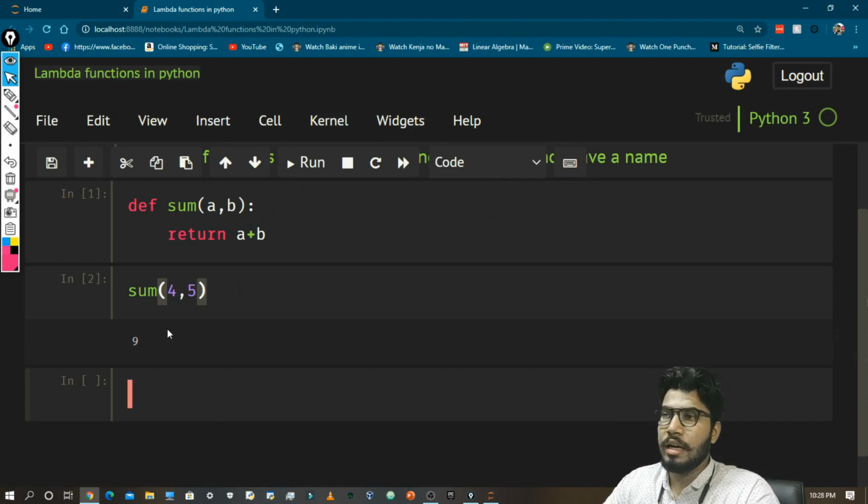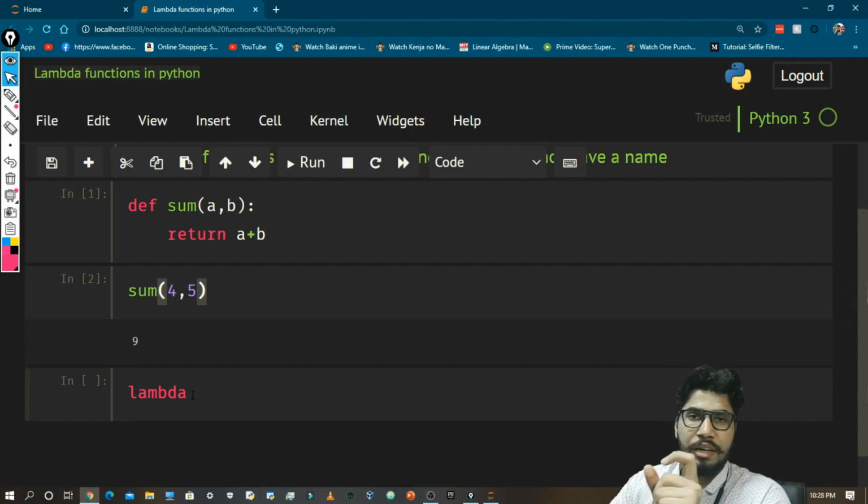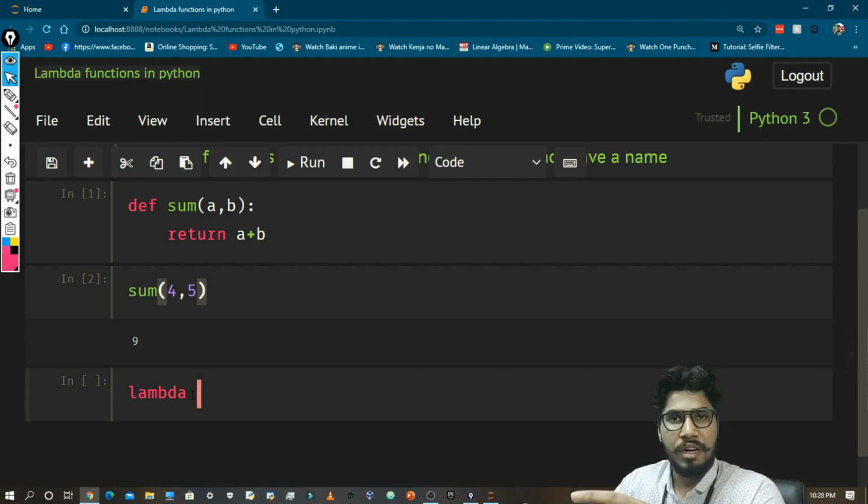Now guys, I'm gonna make a lambda function in contrast to this function. Let's see the syntax first. At first we write lambda, and as you see, this lambda turned pink. It might change into some other color for you because I have a different theme, but if it changes color, then it means that it is a keyword, and you can check other keywords of Python on Google.